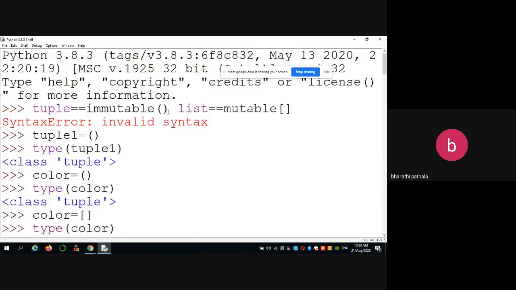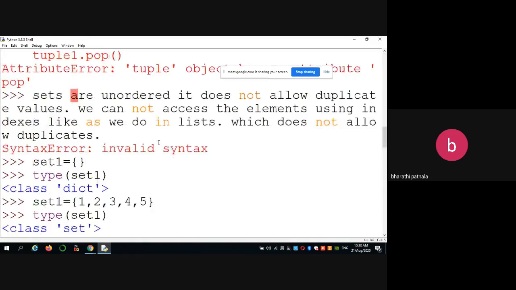Okay, so one more time I am explaining about sets. Sets are unordered storage of elements which does not allow duplicate values, and you cannot access the elements using indexing.